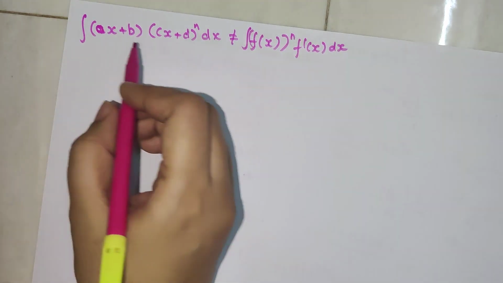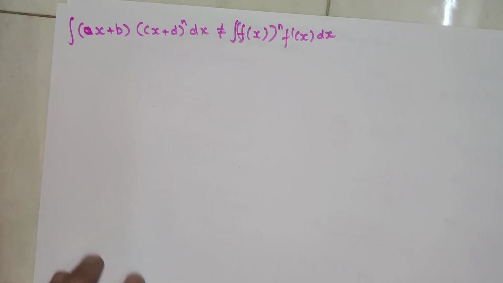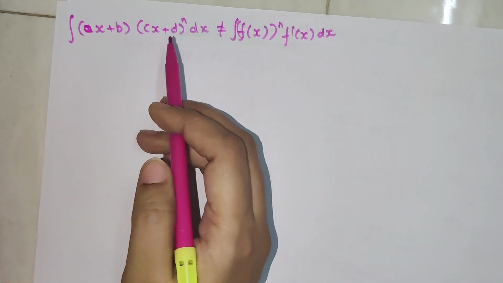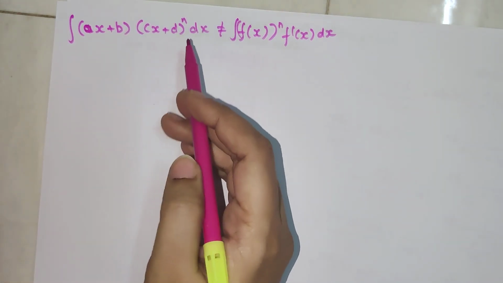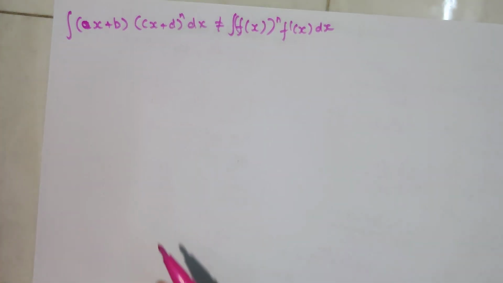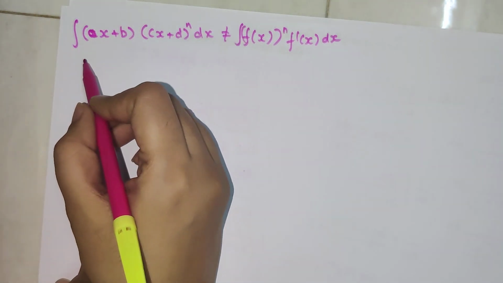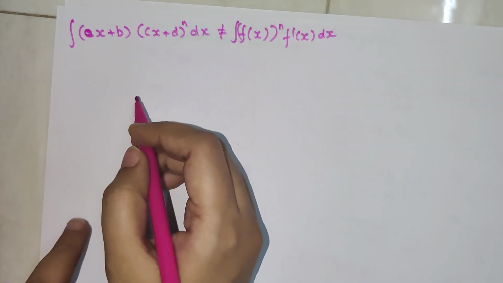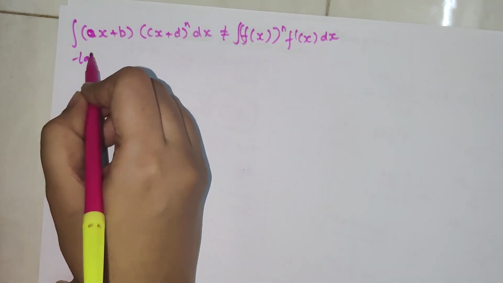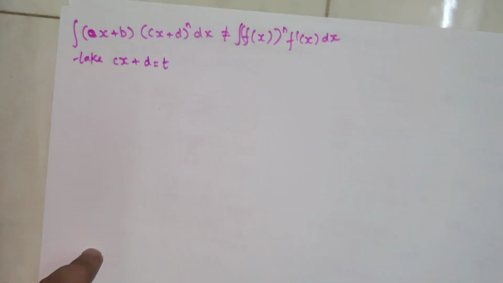So in this case, what you should do, if you have two polynomials, not linear terms, and the one which has got some degree to it. It's not necessarily that it has to be greater than 1. It can be -1, -2, negative root 2, or anything like that. Okay, so if you have something like that, then you just straight away take cx plus d is equal to t as your substitution.